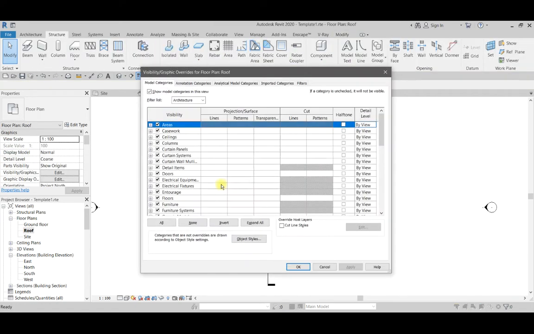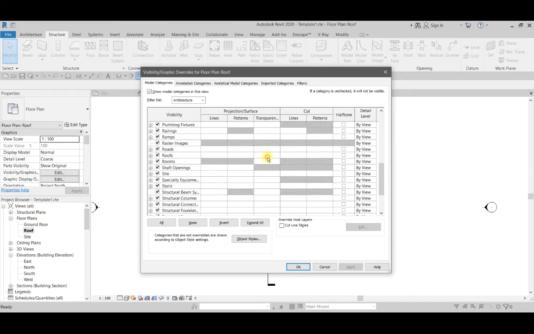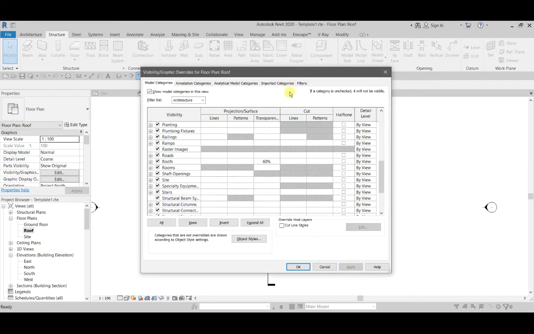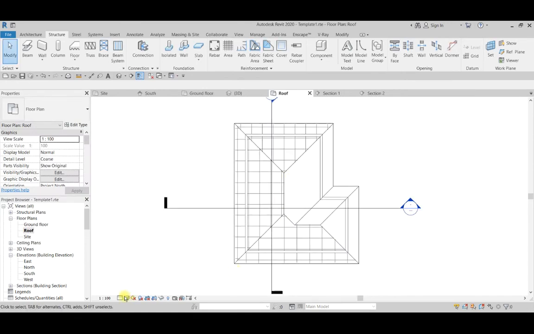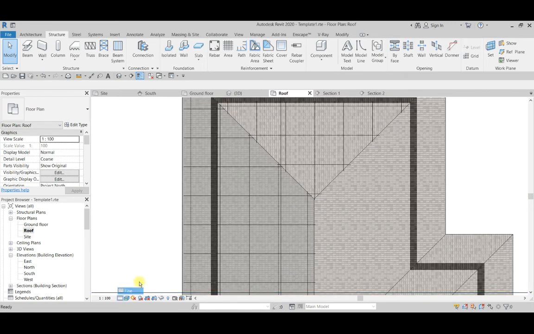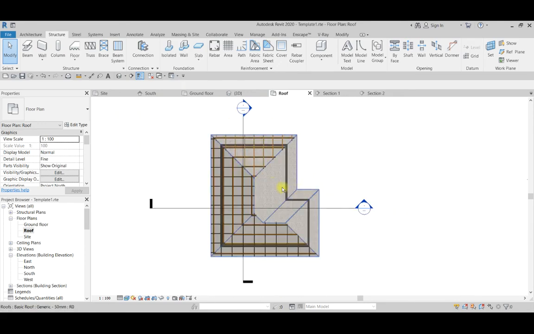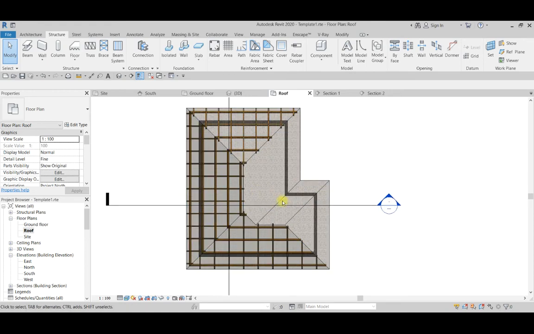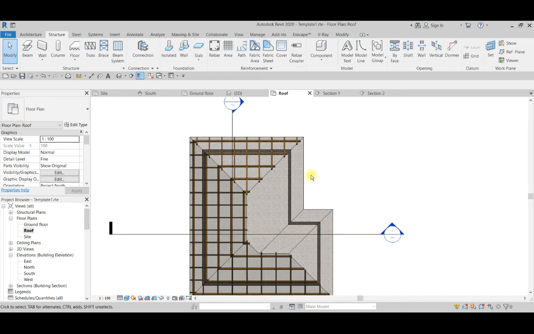Let me see if I can do the roof transparency at the floor plan. Let's do it 50 and see if you can see our members on it. Oh, that's nice. So we can also do realistic and also do fine to see the members on it. So we know the place in which we provided our members and the place we haven't provided our members. So the next one is going to be on